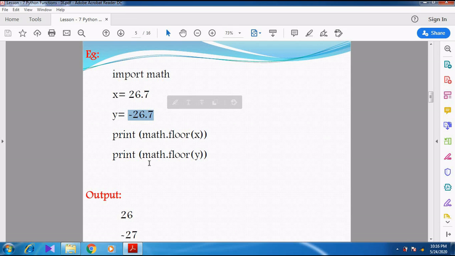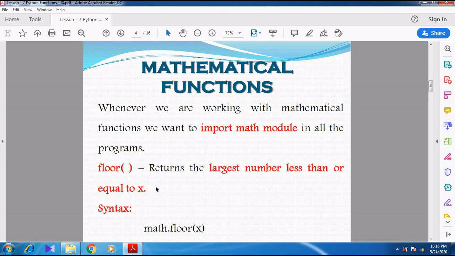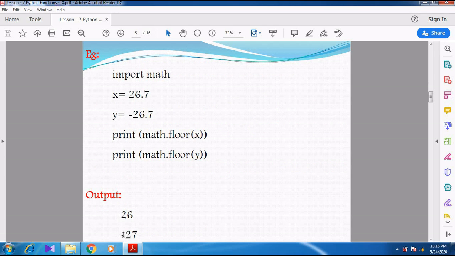When I apply floor, it shows minus 27. Whether minus 27 or minus 26, the largest number which is less than or equal to y is minus 27, right?